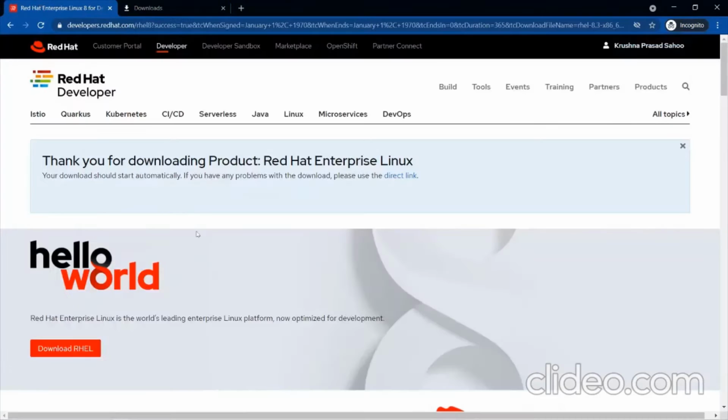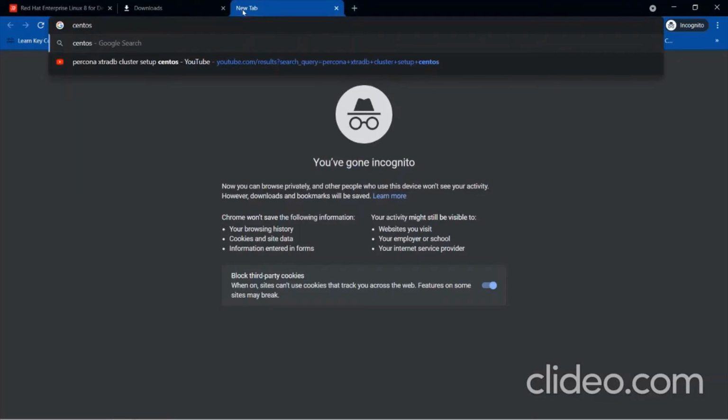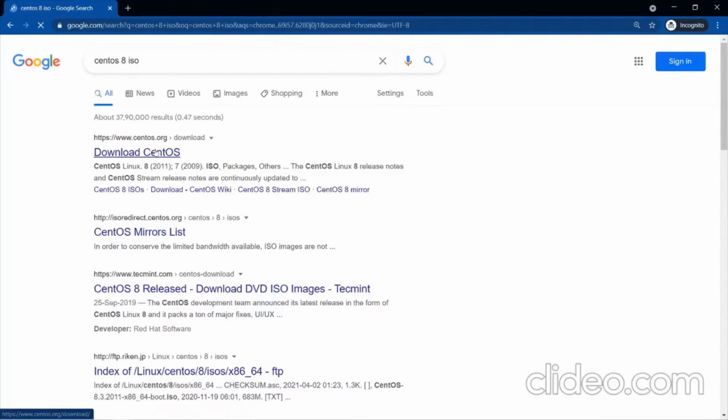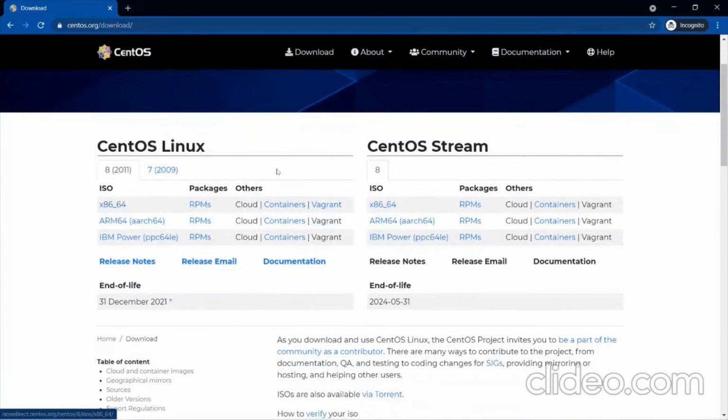Okay. So this is one thing you can do, or else you can do one more thing, that is the CentOS 8 ISO. You can also go with that. Download CentOS, first link. Here, click on this. I think this one. Just wait.